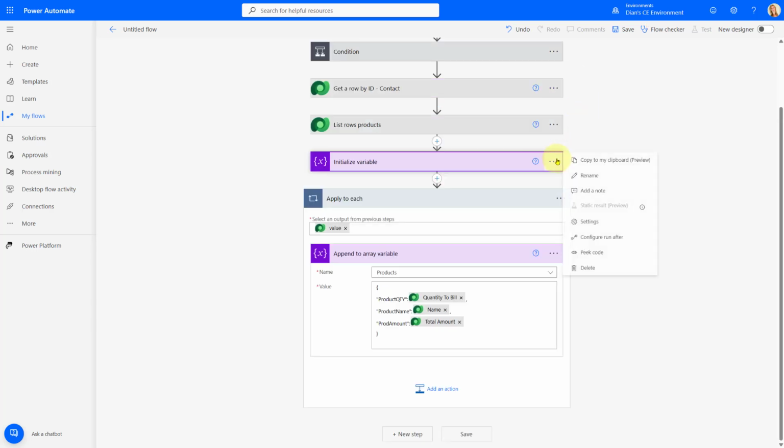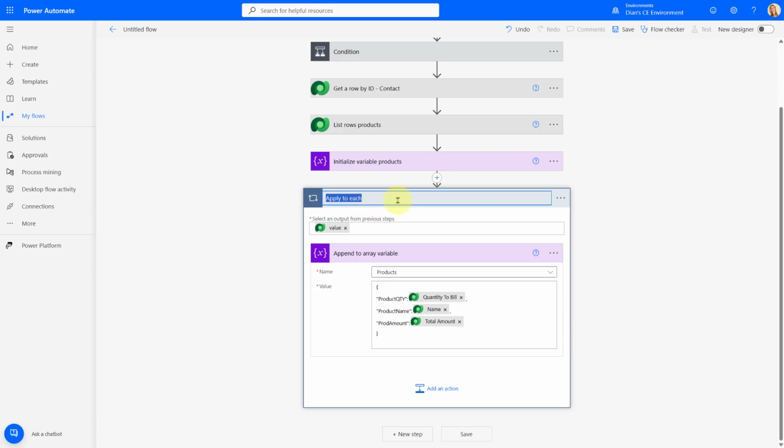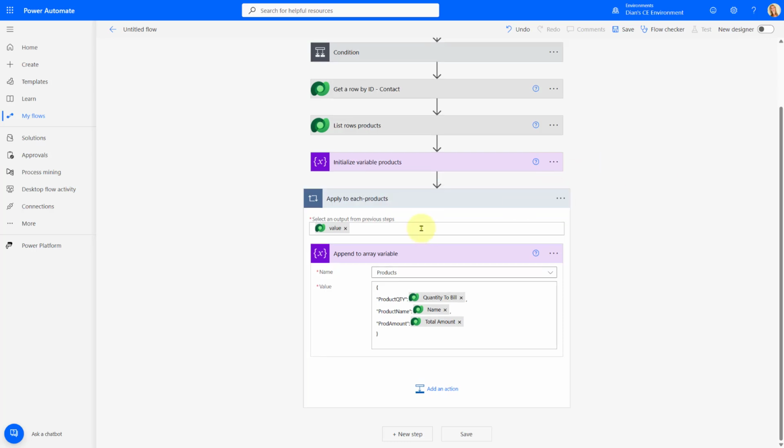I'm actually going to rename this as well. I'm going to say initialize variables products so that I know what this is, and apply to each. This is also going to be products. There we go. Now what I want to do is the same thing for my